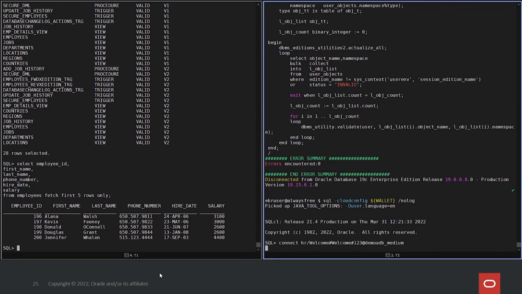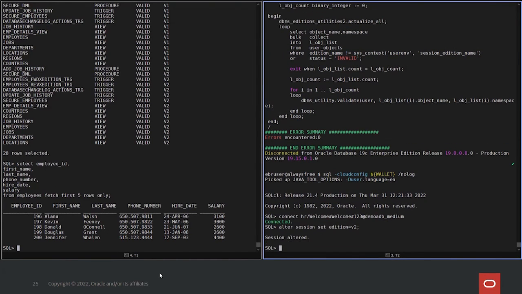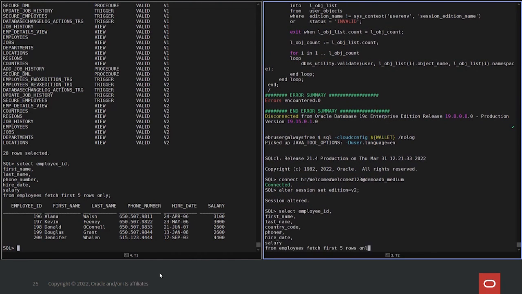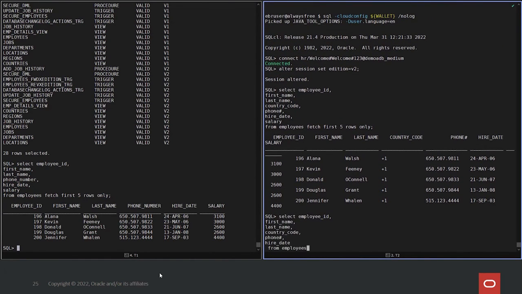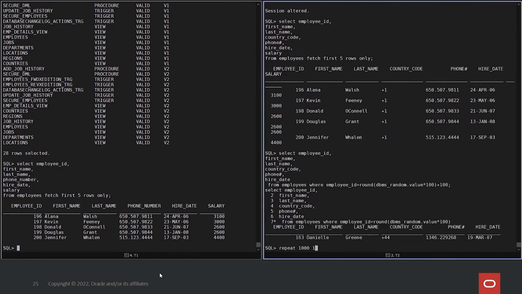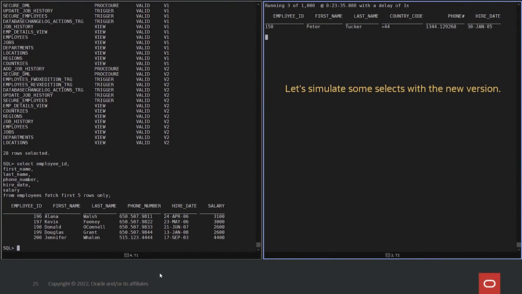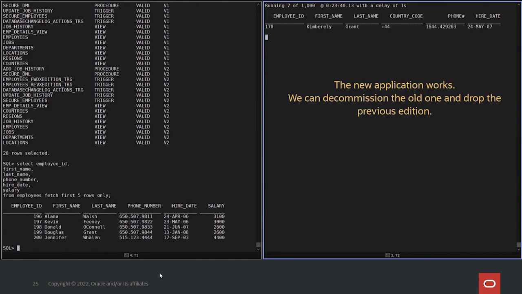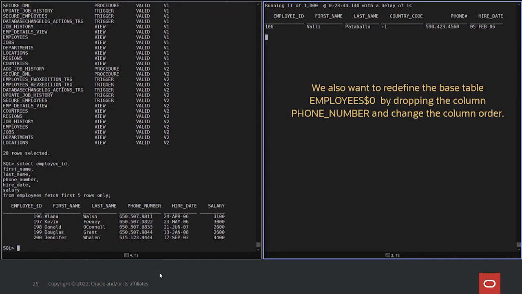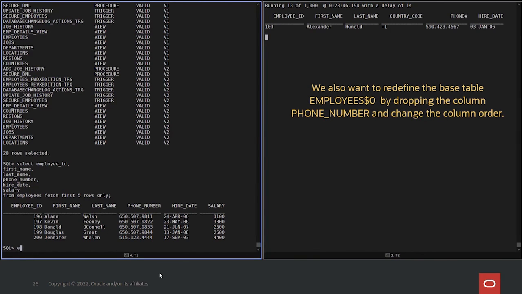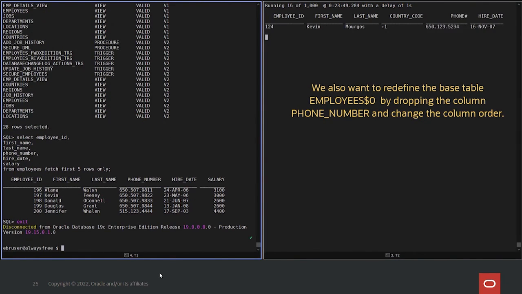But now in a new session, we will use the new edition. And in the new edition, we will see that the employees view has the country code and phone number now, but doesn't have the phone_number column anymore. And I will simulate some queries on the new version of the employees editioning view. And we simulate some workload there. And we'll try to redefine the base table by dropping the phone_number column while we have some activity